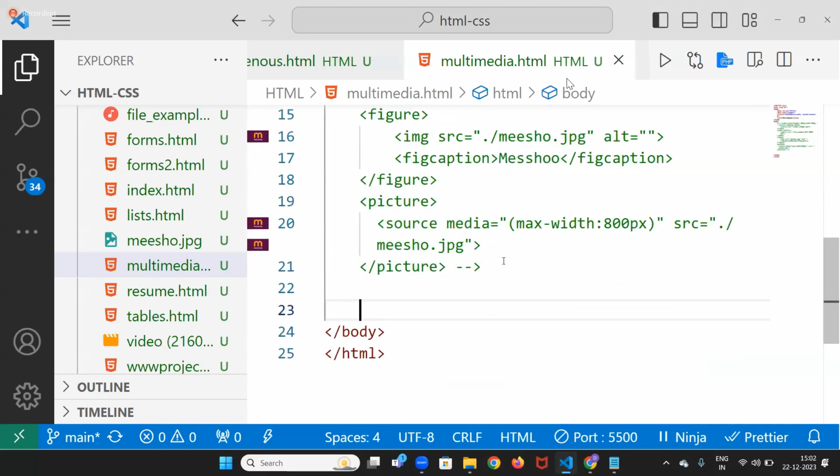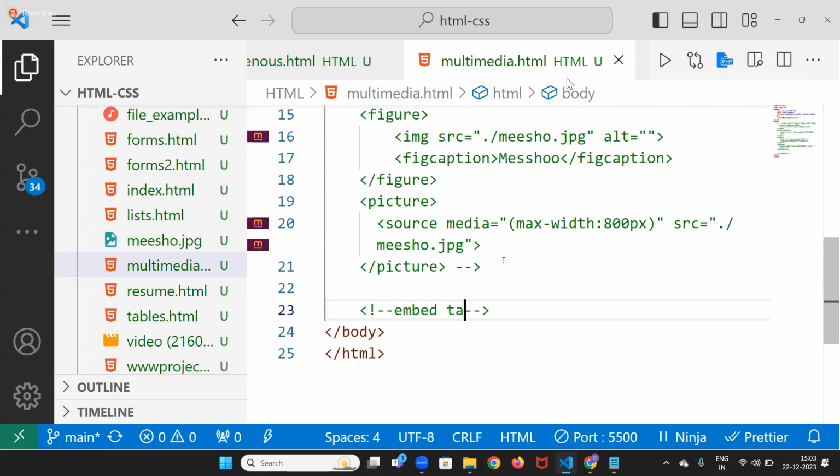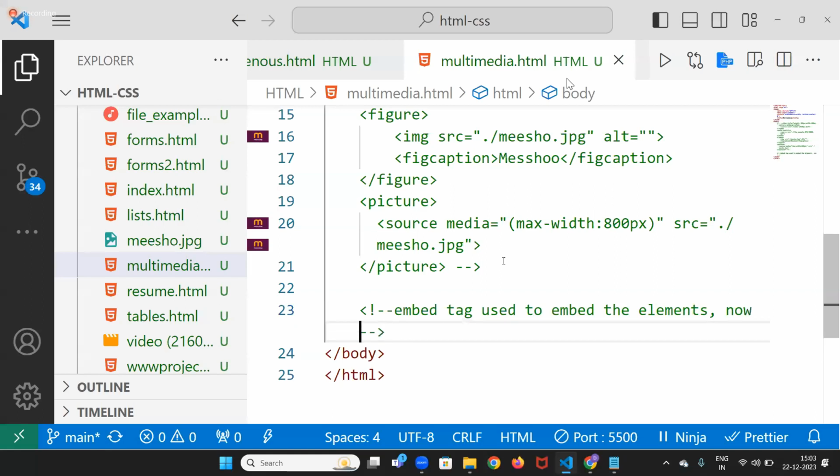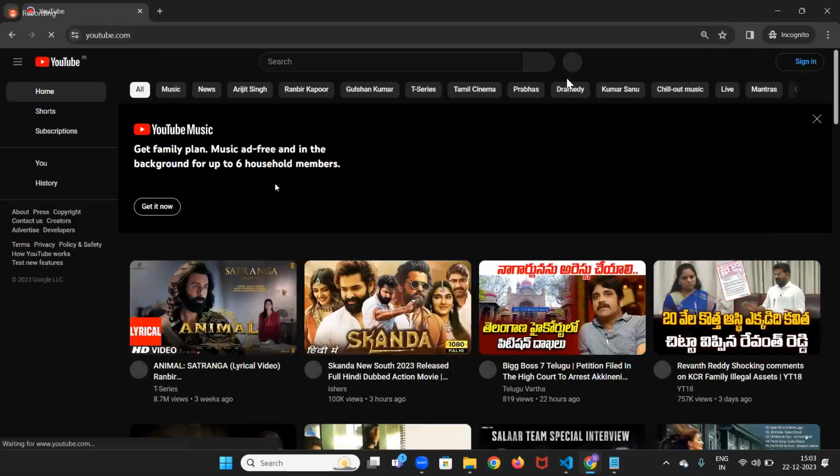In olden days, we used to have something called the embed tag. The embed tag was used to embed elements. Now we can use iframe. For example, let me go to YouTube in incognito. Now, if I go to YouTube and open any video,